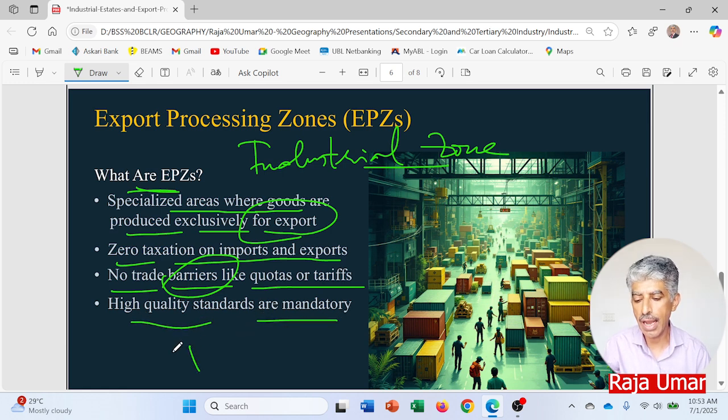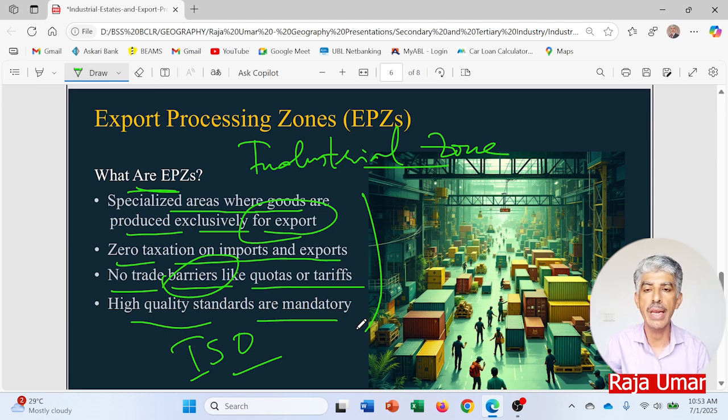So high quality standards are mandatory. As I told you, the ISO certification is a must. International Organization for Standardization standards are a must, and whatever products are being made over there should be under the guidelines of the WTO, the World Trade Organization, and the products should not have any compromise on these standards. As you know, the Western world, especially the European countries and America, do not compromise on the quality of the product. And if some substandard goods are supplied to them, Pakistan might be losing a lot, as Pakistan will not be getting orders from those countries in future.